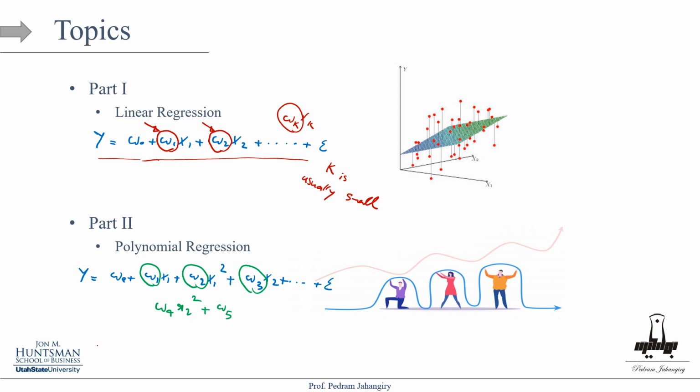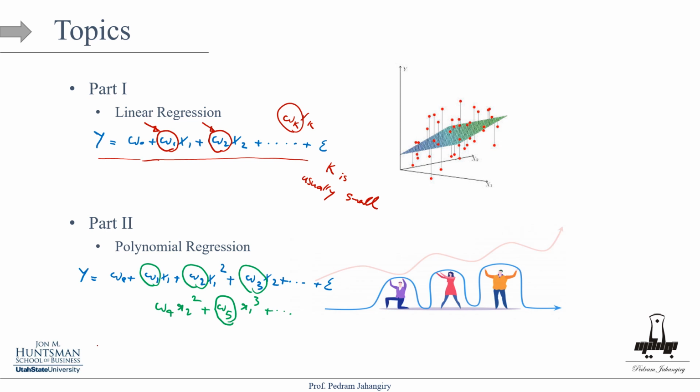Maybe W5, x1 to the power of 3. Because if I go further, then interpretability of this model is going to become harder and harder. Because remember, how do we interpret these coefficients? We have to take the derivative, plug in some numbers, and then talk about the partial effect, right? If I have x to the power of 10, x to the power of 9, then it's really hard to interpret. So that's why usually in the econometric approach, we stop